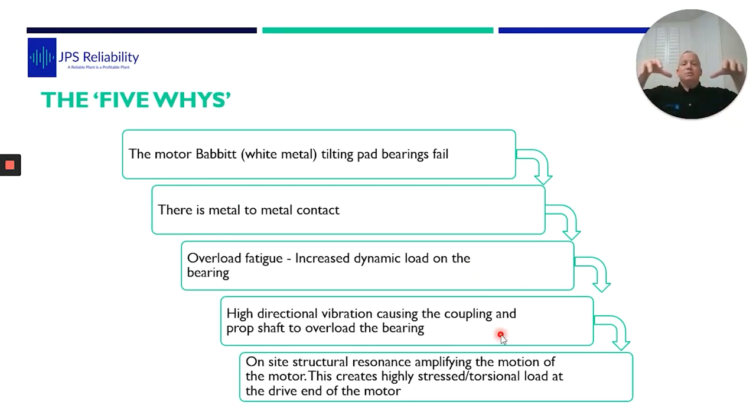So imagine the motor here, a massive motor clamped solid down, the top's free to whip about. Then here, coming down, we've got a 6-meter cardan shaft. So the pivot point, which is taking all the energy, is the drive end tilting pad bearing. So that is inherently due to the structural resonances on the structure, which then you can take one step further and say is because they change speed and then they're running in the resonance rather than on the peak